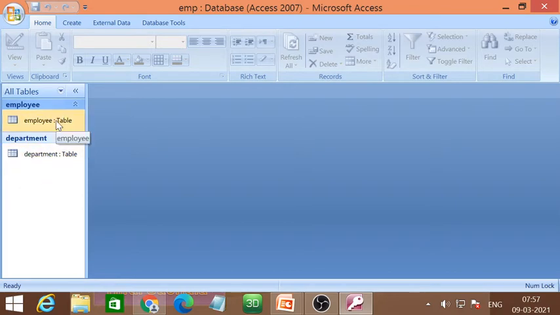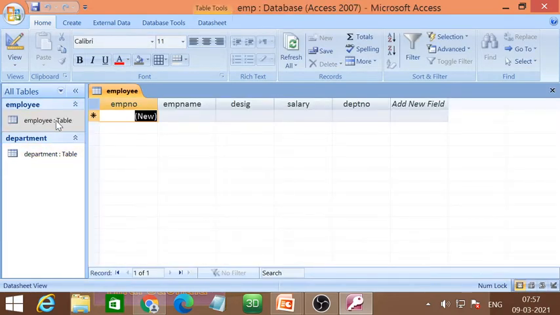So I'm just clicking on the employee table, double click. Employee number will be inserted automatically because it is auto number. Name I am putting, suppose, Raj. Designation is accounts department. Salary suppose 10,000. Department number is 1.